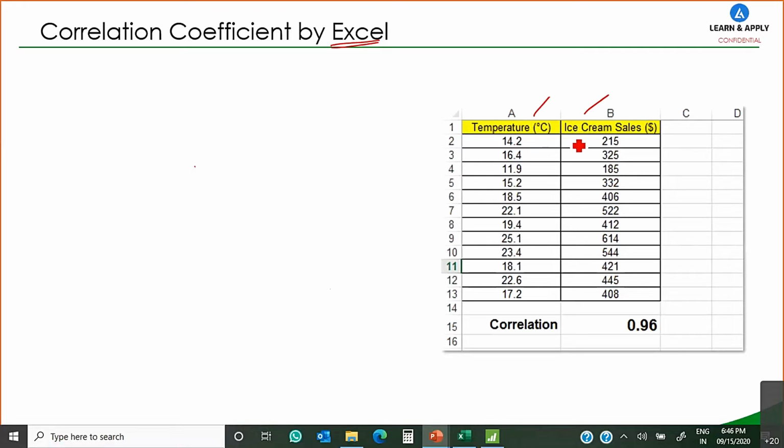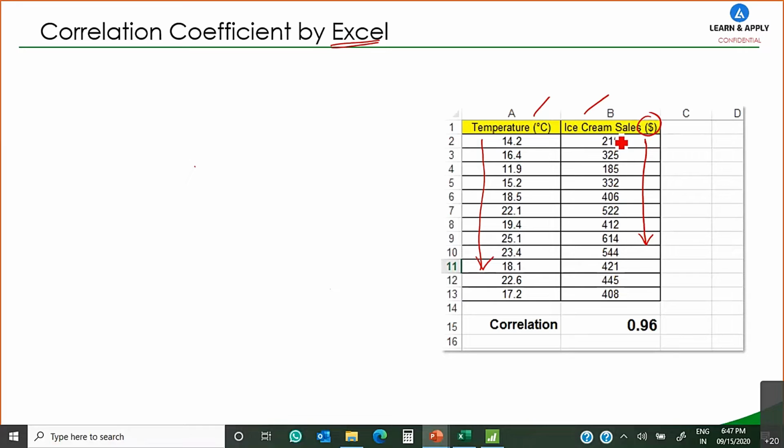As this is a webinar, I'm not providing you any data, so I'm just having the data with me, and I'm going to explain with the help of Excel how to calculate that by using the formula as well as by using the graphical methods. Okay, so let's start. There is data collected as in the example we had seen earlier. We recorded the temperature for 12 days. These are the temperatures of the day, and on each particular day we recorded how much ice cream sale there was in dollars.